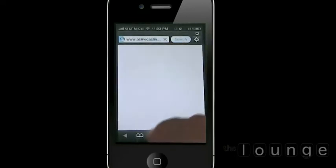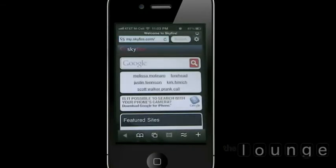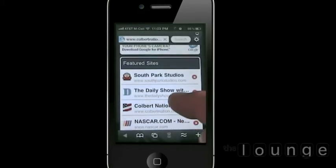Let's just close a bunch of these screens up, and it's going to go to the home screen, which is basically the mobile version of Skyfire. Now I'm going to use their featured sites to test out how this looks. So I'm going to go to the